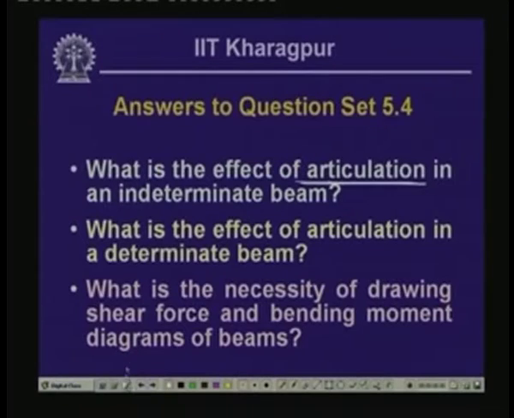And the next question is: if we introduce a similar kind of articulation in a determinate beam, then what is the consequence of that? So, let us look into these two questions in one go, and let me answer those questions. Now, let me start with, say for example, a beam which is fixed at one end and subjected to different kinds of loadings: a uniformly distributed load, a concentrated load,